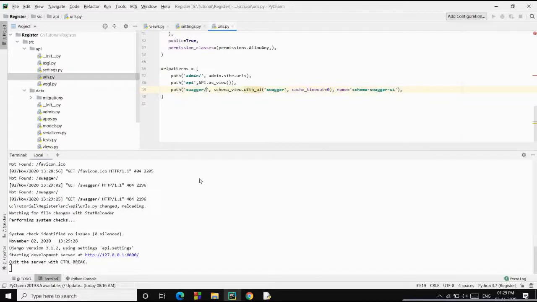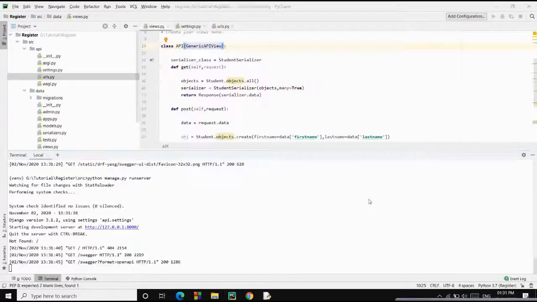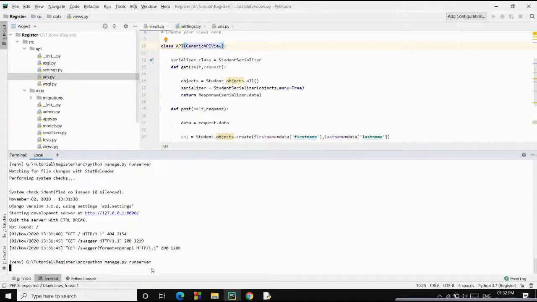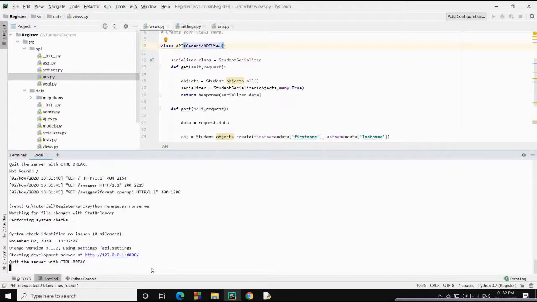Okay, this is weird. Let me check. So I've done actually nothing. I've run the server again and it was working fine. I don't know why that happened, but yeah, now it's working fine.